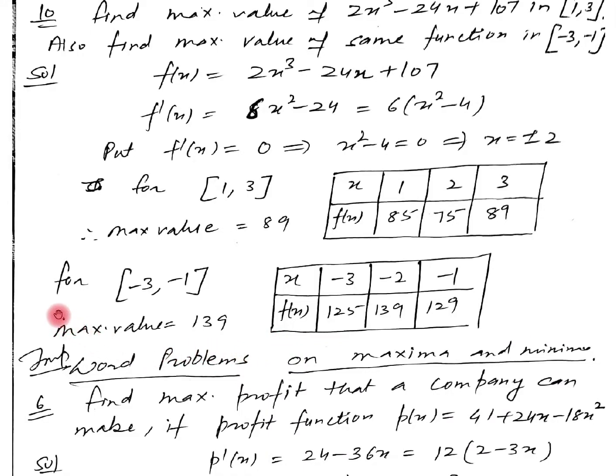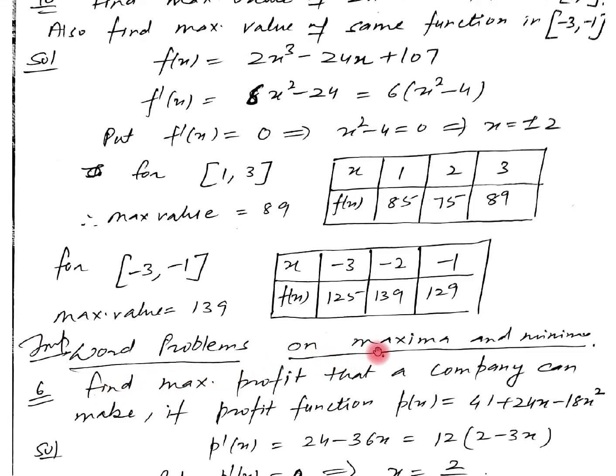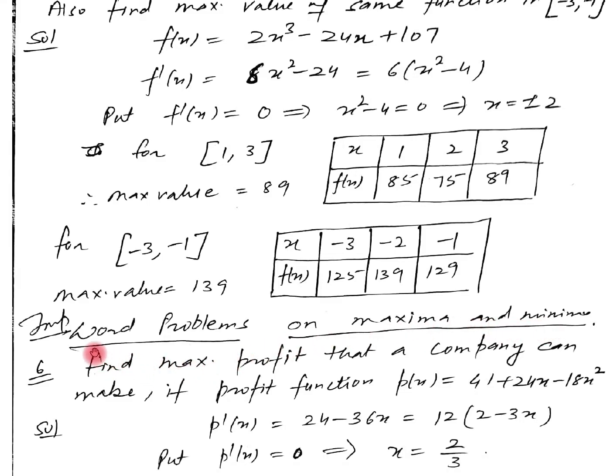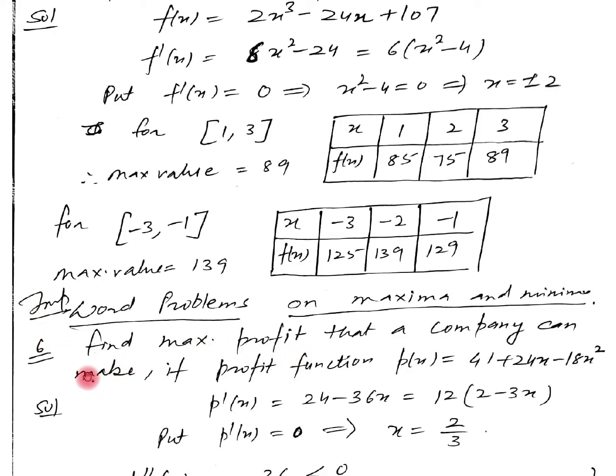Now, 12th class students, I am going to tell you again, we are having the word problems based upon local maxima and minima. In all the word problems we only have to apply how to find the local maxima and minima using the second derivative test. The difference is that in previous questions the function was given, but here we have to read the statement, form the function, and then find the maximum and the minimum value.